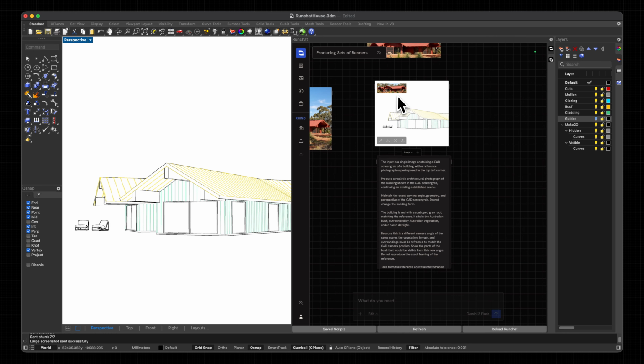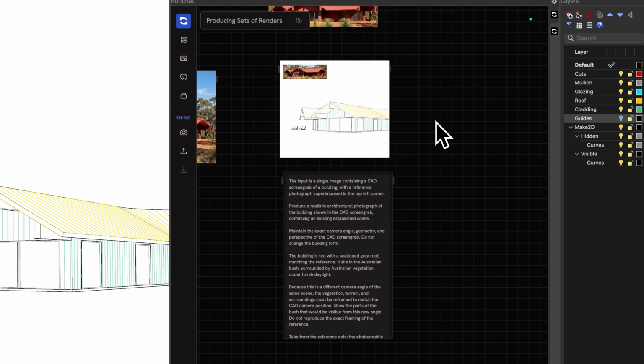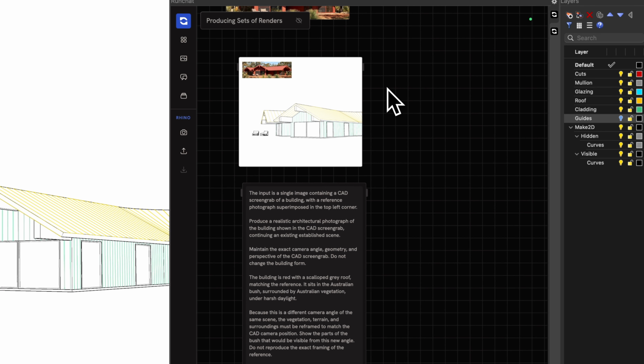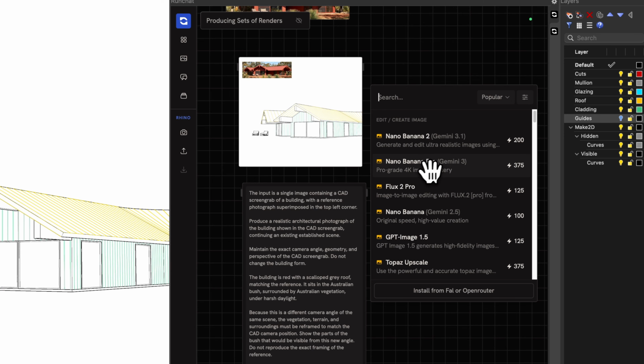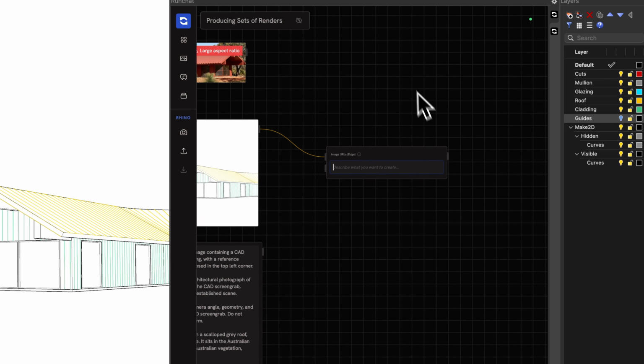It doesn't preserve all the vegetation surrounding this house. And finally, to make sure that it removes the image in the top left. So it's quite a lengthy prompt, but let's see how it performs. We're going to use the best model